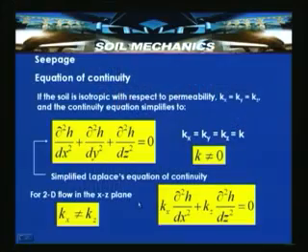In that case we can say that ∂²h/∂x² plus ∂²h/∂y² plus ∂²h/∂z² is equal to 0, which is the simplified Laplace's equation of continuity. A very important expression, which helps in solving some of the two dimensional problems for flow of water through soils. So, for two dimensional flow in the xz plane, if kx is not equivalent to kz, say anisotropic as far as two dimensional flow is concerned,